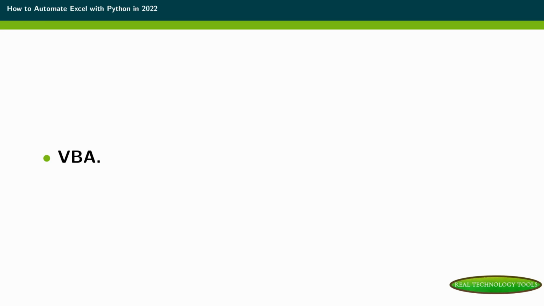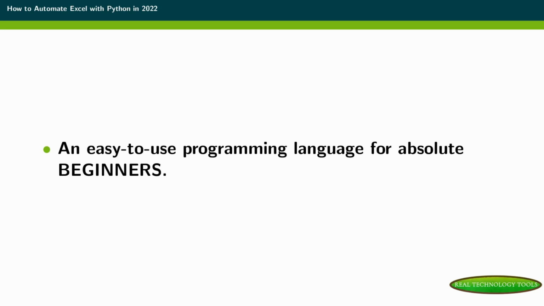Now, what I would recommend in 2022, if you're an absolute beginner, is an easy-to-use programming language for absolute beginners. In other words, something that is specific to your situation. That's the reason why Python is a good option if you are in that situation. Now, people say that Python is an object-oriented programming language, which is true. And you might think, well, you just said that that was the thing that made VBA difficult to learn. So what's the difference? Well, the difference is you don't have to use them, or if you have to use